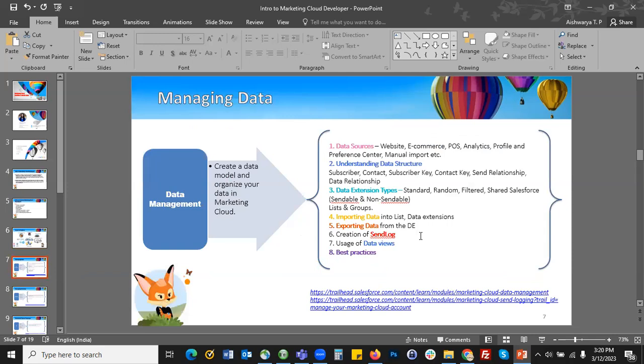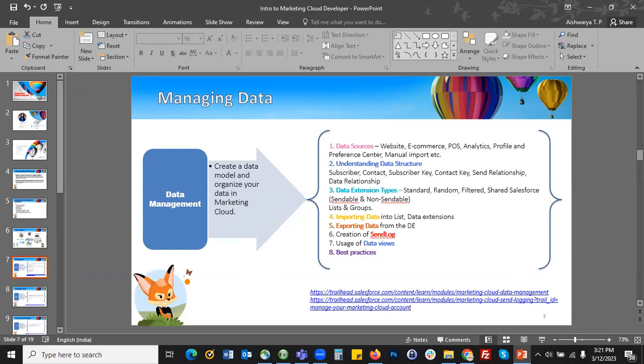So next, we'll start with data management. So the data management, as I told, everything today is data. So data for any tool is very important, and it is a foundation based on which you can build everything and anything, like the communication or any decision. Being a developer, it is very much required to focus on data management. So what are the things that you should learn in data management?